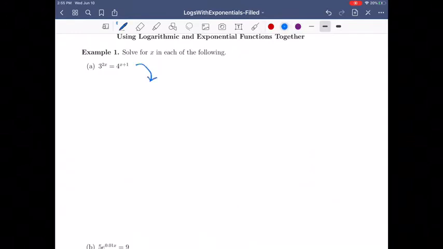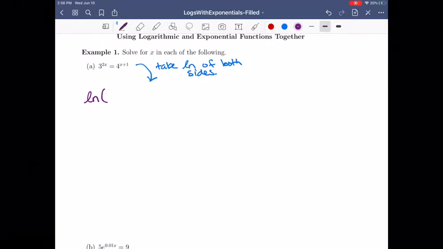Okay. But you could use log base 10. Okay. Anything that your calculator can handle is okay to use. So I prefer ln, okay, but you can do whatever. So we're going to take the natural log of both sides. Okay, so that's going to be ln of 3 to the 2x is equal to ln 4 to the x